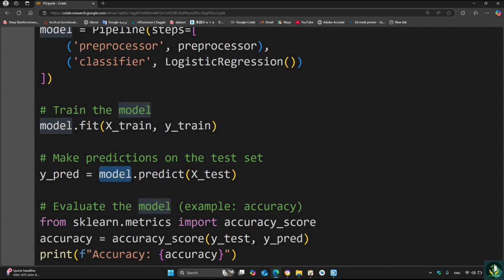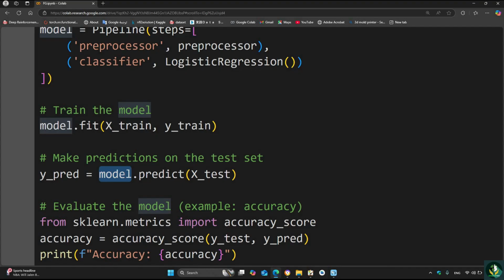This trained model didn't see the samples inside x_test previously during training, so we can evaluate the performance of this trained model on these samples. Now the predictions from this model are stored in the y_prediction array. What we will do now is import the accuracy score metric from scikit-learn.metrics. Now to get the accuracy for this model, we will type the following: accuracy equal to accuracy score function, and